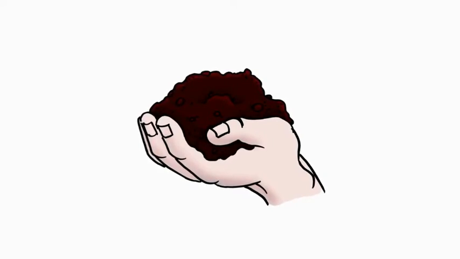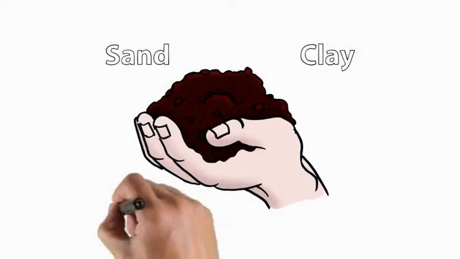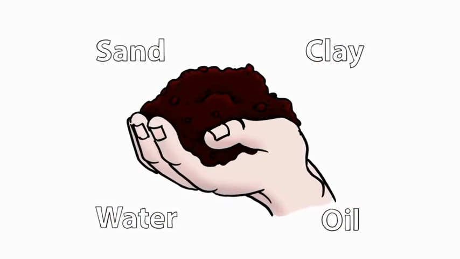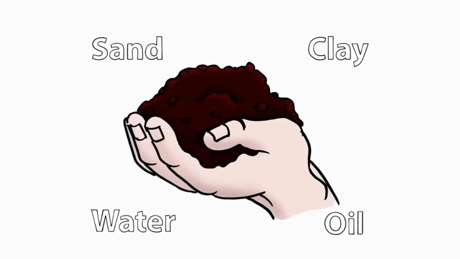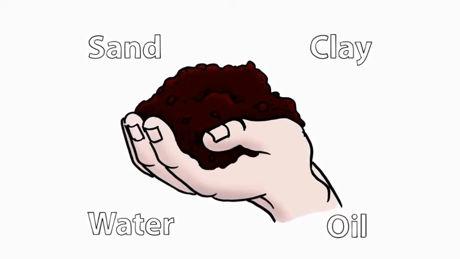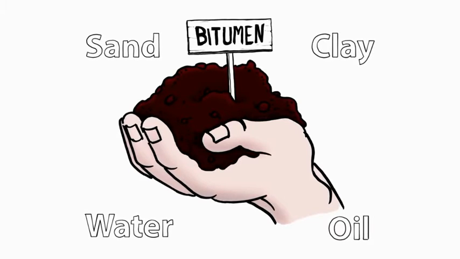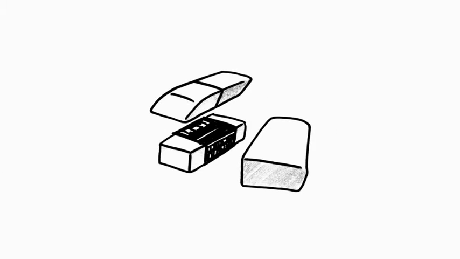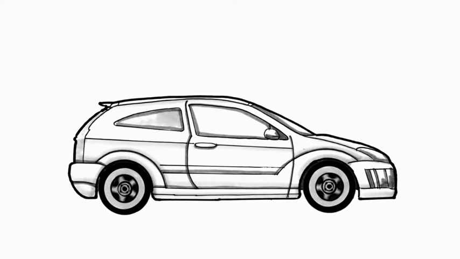Oil sands are a mixture of sand, clay, water, and oil. The oil is naturally extra heavy and doesn't float under normal conditions. This extra heavy oil is called bitumen. Once the oil is extracted, it can be used to make many products, such as ballpoint pens, rubber boots, erasers,